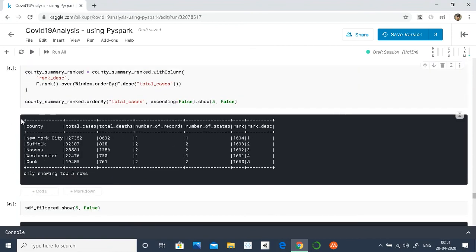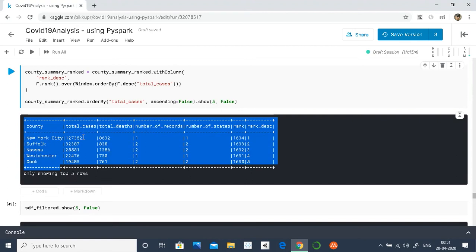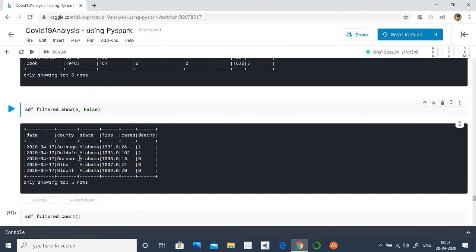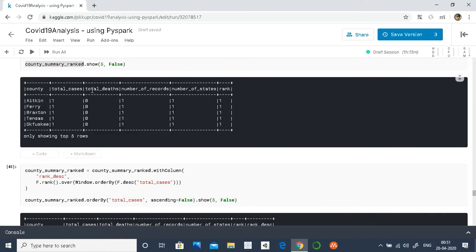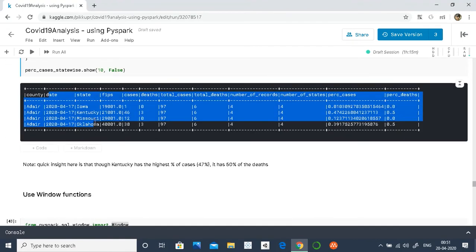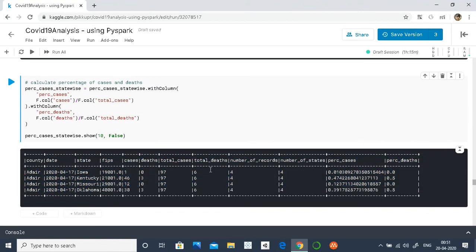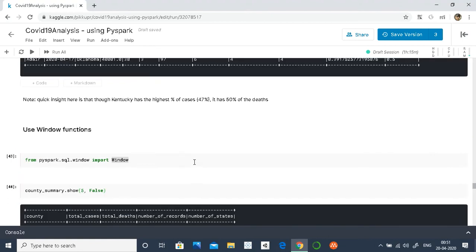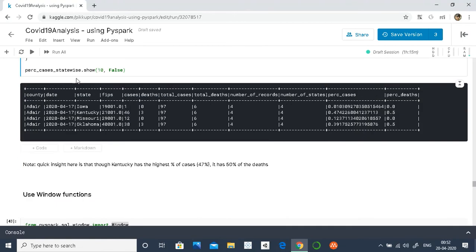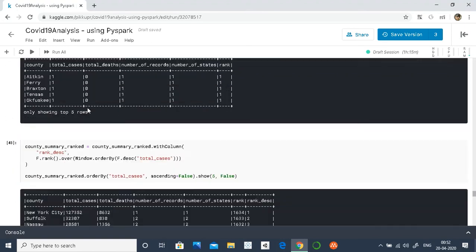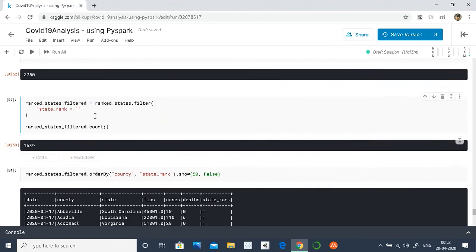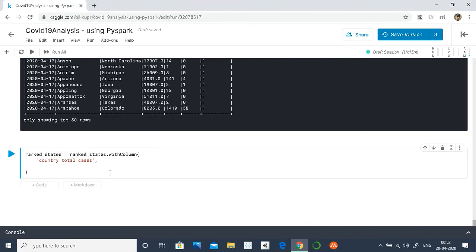So this is the data set in which we had total number of cases and other metrics at each county. Then this is the state level data set in which the cases are for each state, like for Alabama 26. To achieve this, we merged the two data sets, got the total number of cases against each state, and then divided to get the percentage of cases. This was too many steps required to just achieve the percentage of cases across each state,